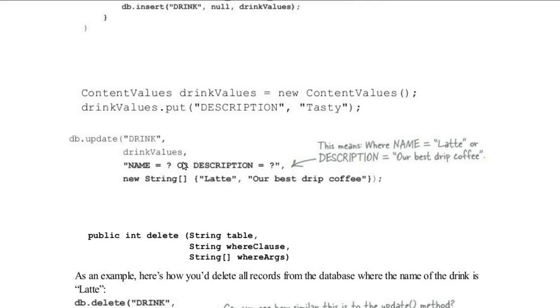We have joined them together by using OR. We have operators like OR, AND, and NOT, similar to the SQL language. It means we want to update the drink row where the name is latte or the description is our best drip coffee, to tasty. This is the way by which we can update our drink table.